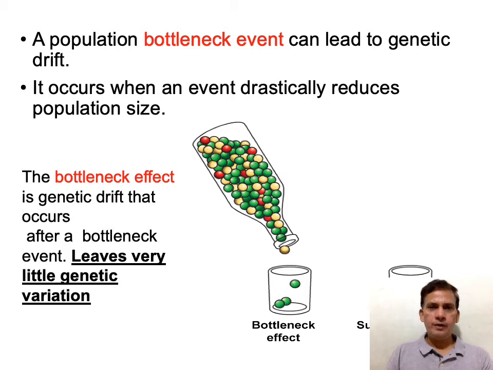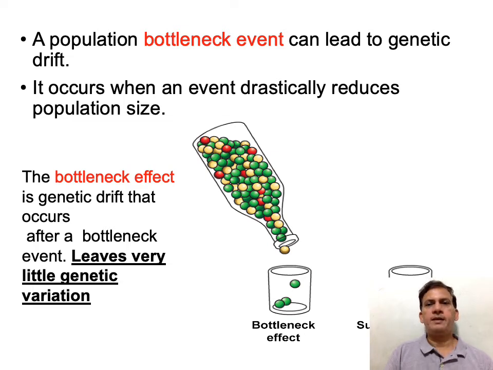Now those few individuals may have either better survival ability or they may be poor at survival. So it is quite possible that in those individuals some heterozygous alleles may be present. Those heterozygous alleles may carry some alleles which could be responsible for some genetic disease. So this bottleneck effect leaves very little genetic variation. As we saw, because of this catastrophe, only few individuals are left.